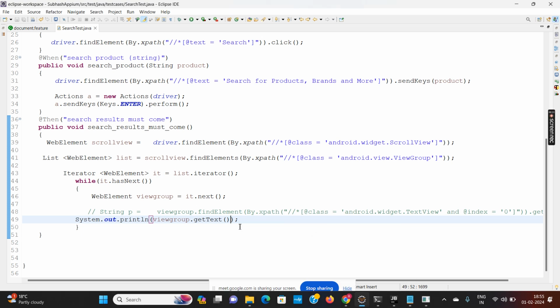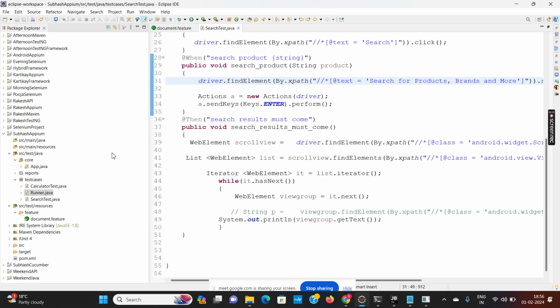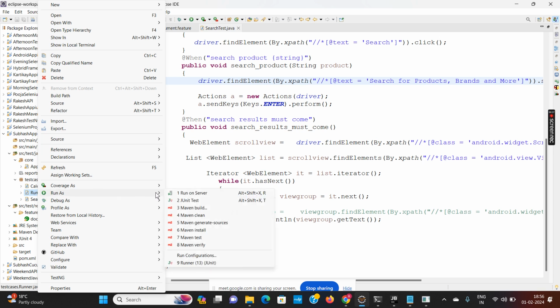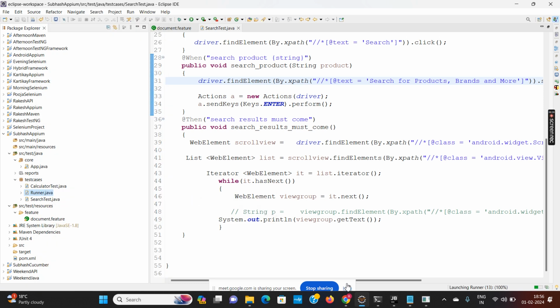Let me run it again and check what I'm getting in view group dot get text. Run as JUnit test.